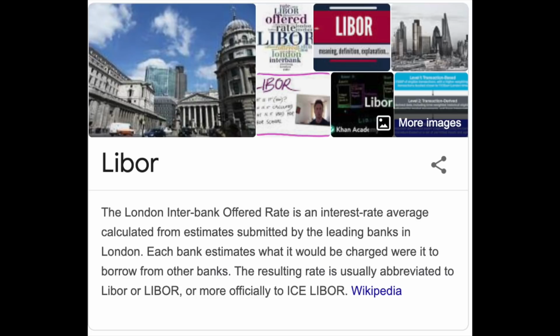And London, of course, is the center of foreign exchange trading. You could have, I guess, eurodollars trading in Paris and Frankfurt, but the bulk of it trades through London. You've also got euro sterling. And as you saw, you had euro yen, you had euro Deutschmarks before the euro. So that's where Libor comes from.